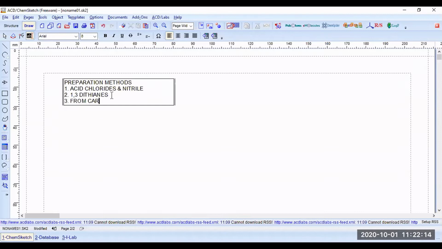From carboxylic acids, as a fourth, if you want to make alkyl aldehydes and aryl aldehydes. For aryl aldehydes, oxidation reactions can make aldehydes, and any primary alcohol will